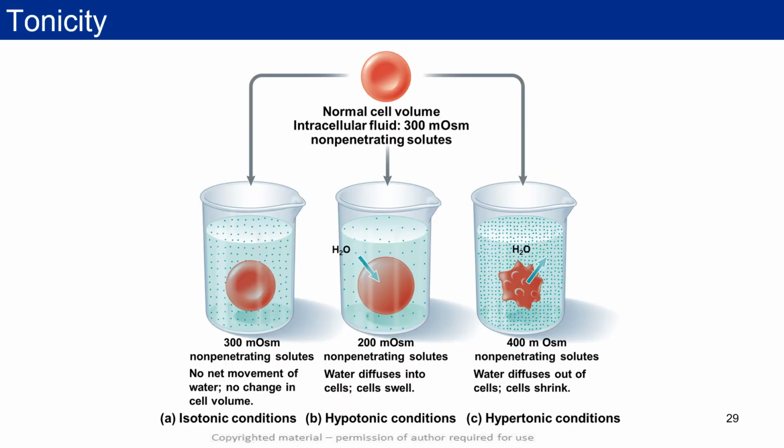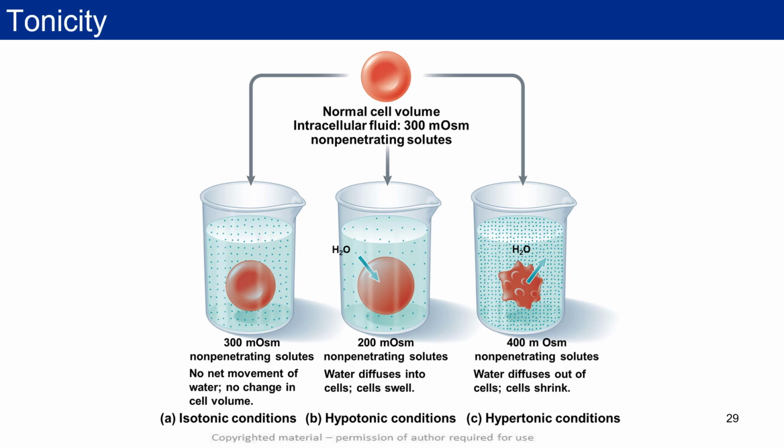McGraw's experiments relied on the tonicity of the solution that his cells were put into. Tonicity is a measure of the effective osmotic pressure gradient. As an example, red blood cells have a lot of aquaporins in their membranes, and the osmolarity, the measure of solute concentration, of a typical human red blood cell is about 300 milliosmoles. If the red blood cell is dropped into a 300 milliosmolar or isotonic solution, then there is no driving force to move the water across the membrane,